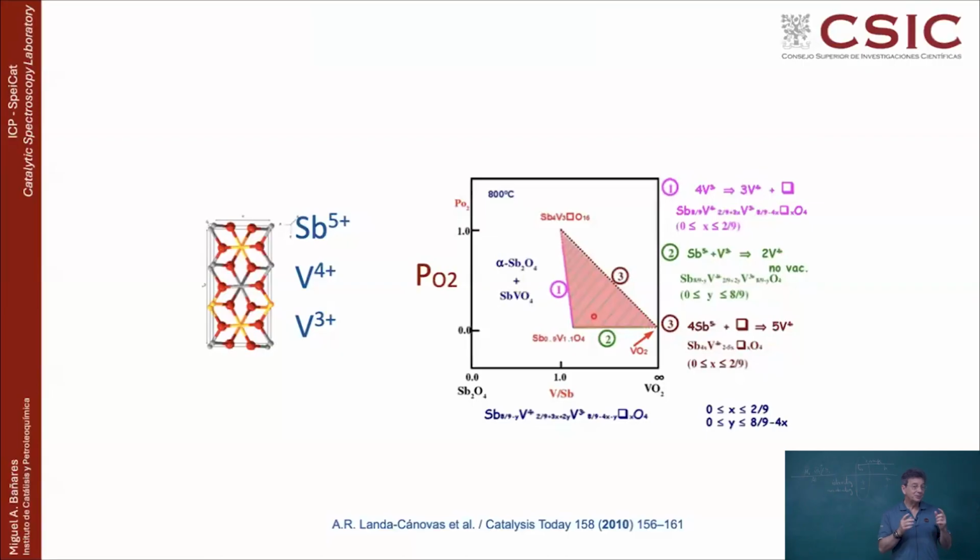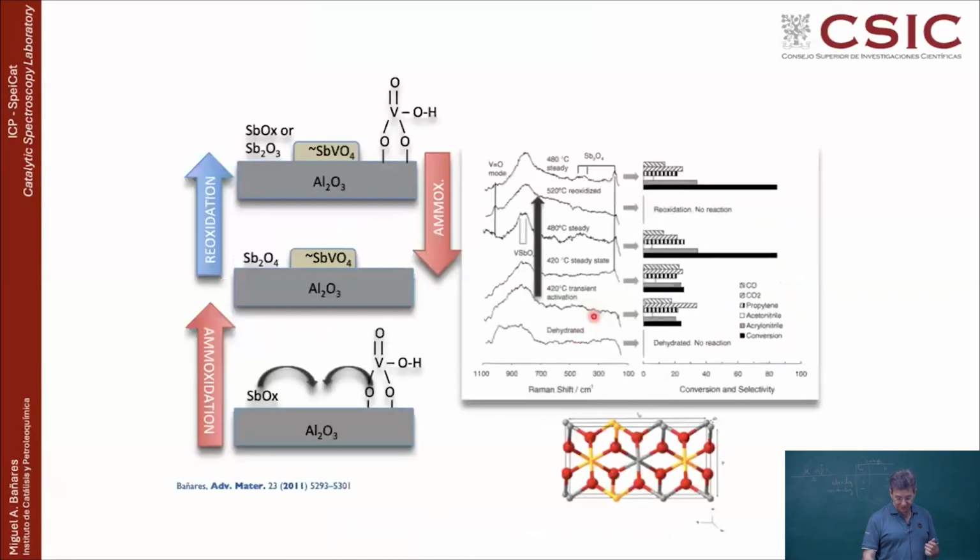And that is consistent with the fact that during propane oxidation, because of the ammonia, there will be some tendency for a little bit more reduction, and then you see antimony coming out. And then when you reoxidize, antimony goes back in. Somehow, you are getting a response on the other side because some dispersed vanadium appears on the system. And that is something which is relevant because also when you do reaction, we also see similar changes in a